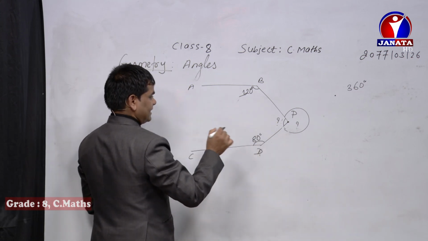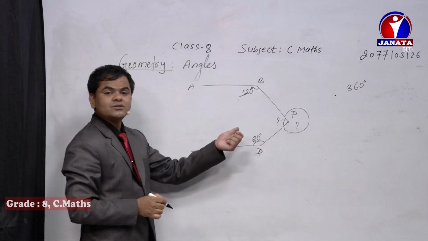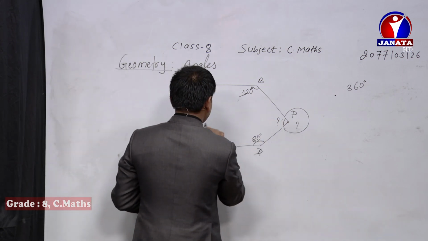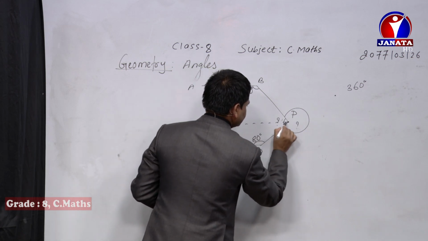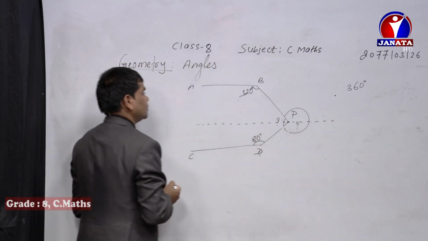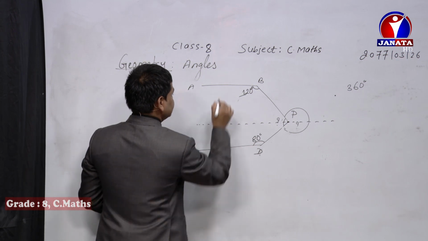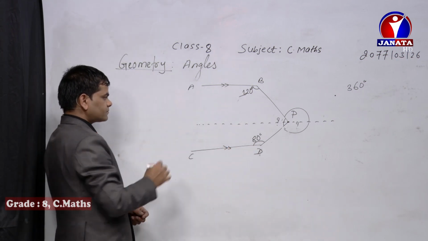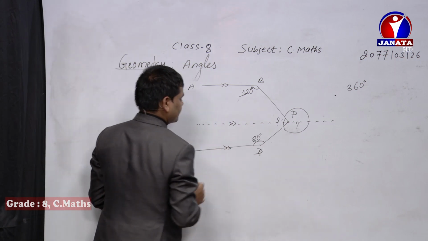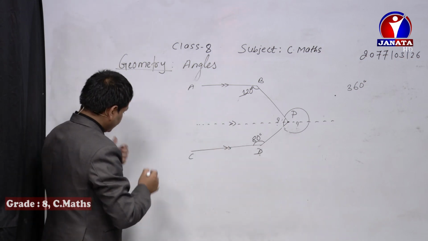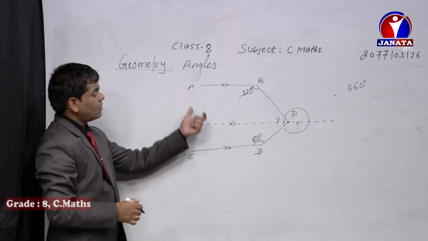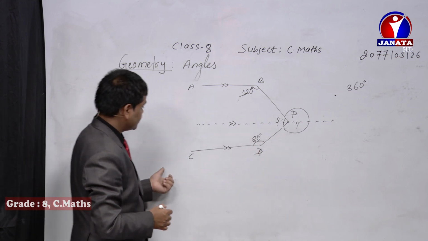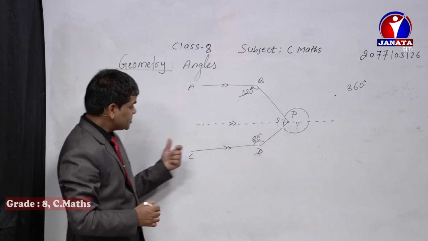Once again, same like the previous one, you need to construct a parallel line through this P point, so that this constructed imaginary line becomes parallel to AB as well as CD. So I'm going to keep the parallel line in here. Now I can keep the parallel line here also. We need to write all these procedures. Directly you cannot make this parallel line and then just find out the answer. There are procedures to be written.